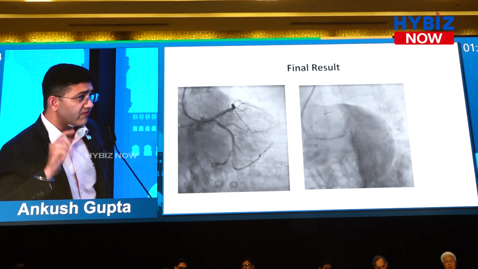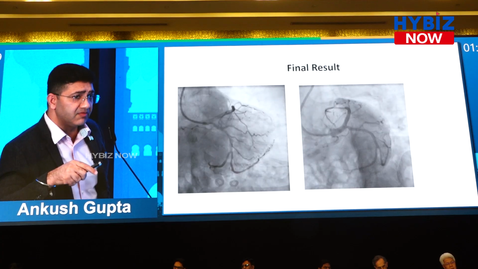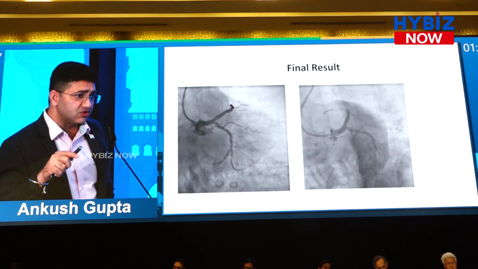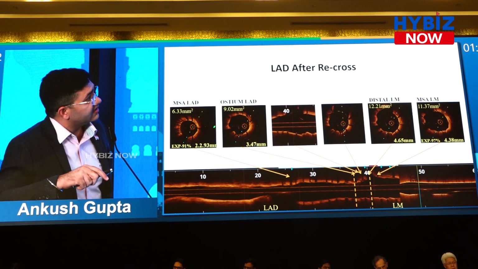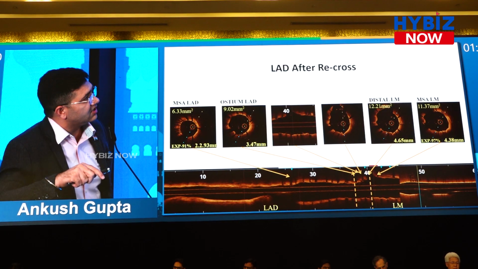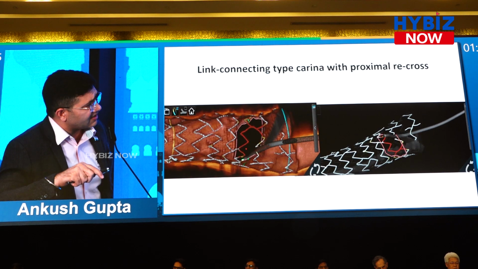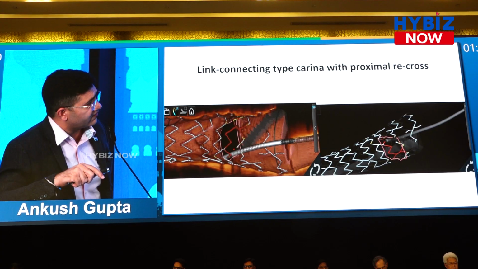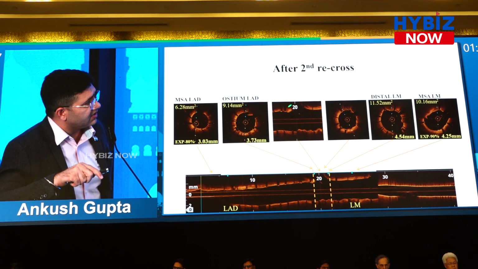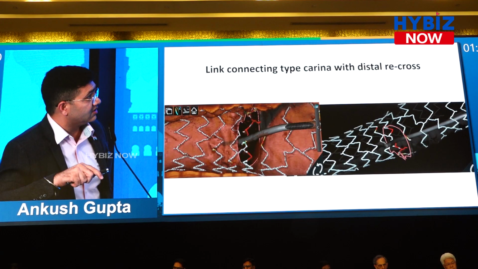So for a provisional stent strategy, before KBI, always do a distal recross and confirm it with imaging. You can see it even with IVUS, with the B mode and the L mode. So it's another case. Can you see in the L mode, it's a proximal recross, with 3D reconstruction. This is a typical example of a link type of carina. Can you see this is a carina? There is a link. So I try to recross from the distal stent struts. In the B mode and L mode, I can see I have gone through the distal stent struts, and I confirmed it with the 3D reconstruction.